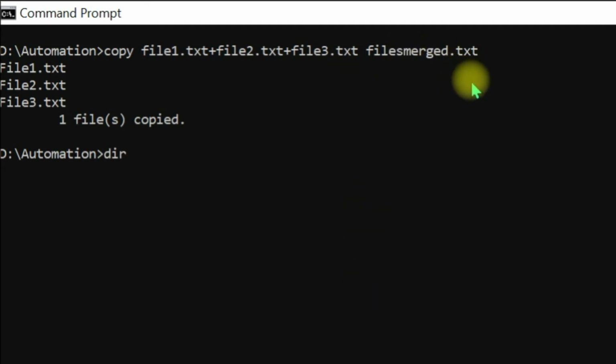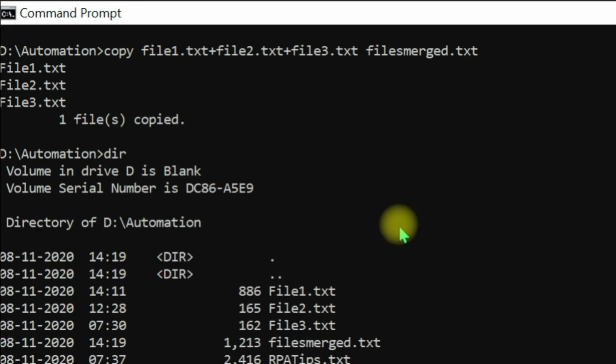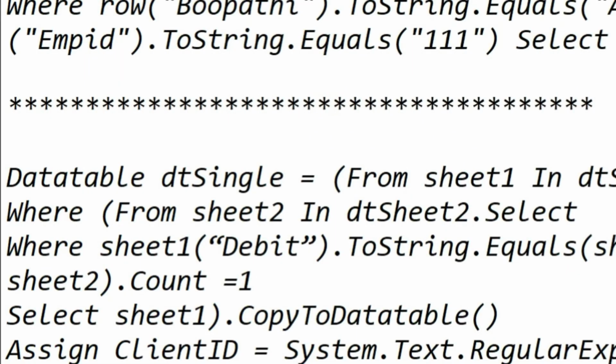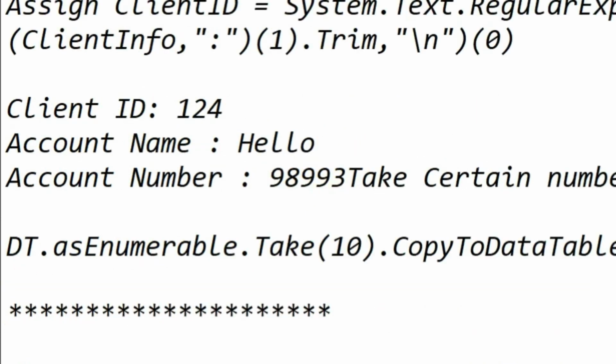Let us use the dir command. It will list out all the directories in the automation folder. Now you can see a new file is created, files merged.txt. Let us open that file and see whether all the contents are actually copied. Yes, you can see all the file1, file2, file3 content is copied.